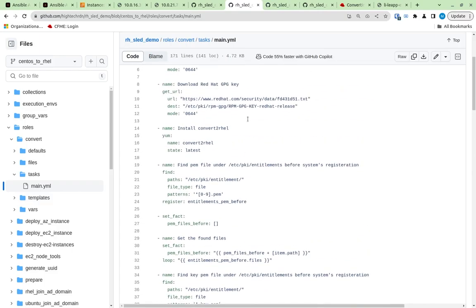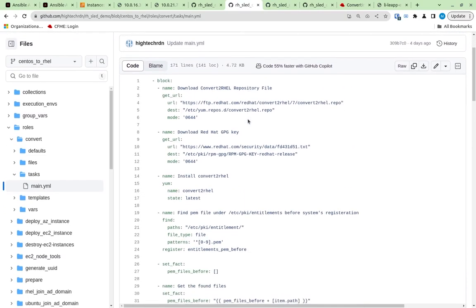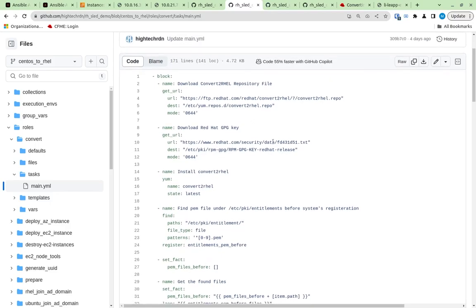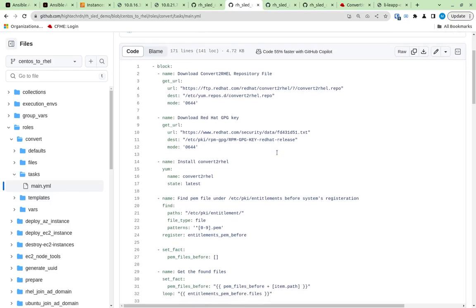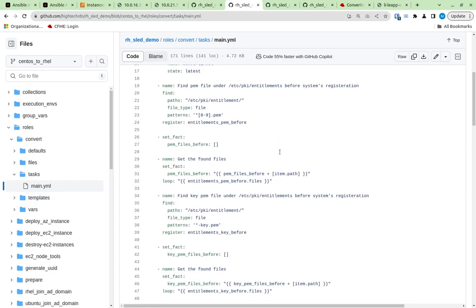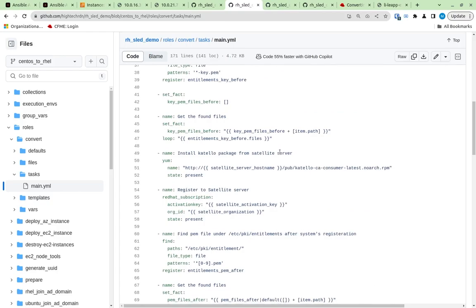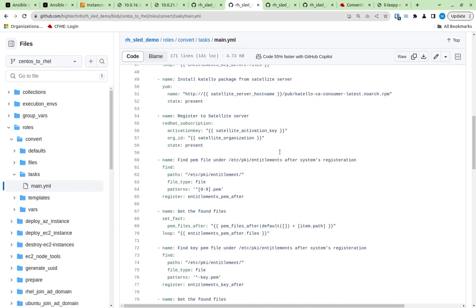So this is our first role, convert. We're taking a look at our tasks file now. There's a number of straightforward tasks: downloading a repository file, downloading a key, installing the actual convert to RHEL package. We then do some changes with entitlements, make sure we have the right keys in place, installs our Katello package